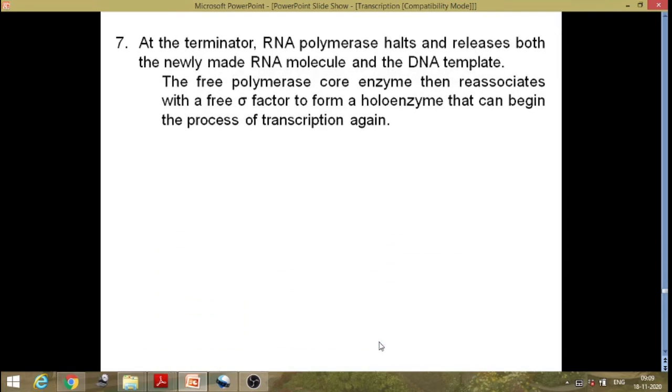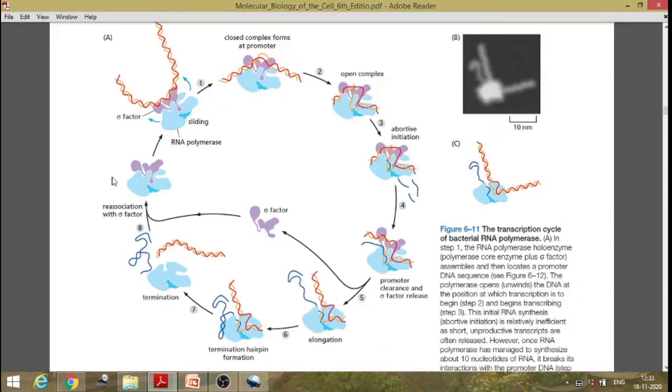So what happens in the seventh step? At the terminator, RNA polymerase halts and releases both the newly made RNA molecule and the DNA template, and the free polymerase core enzyme then reassociates with free sigma factor to form a holoenzyme that can begin the process of transcription again. So this diagram shows the transcription cycle of bacterial RNA polymerase, and here the first step is